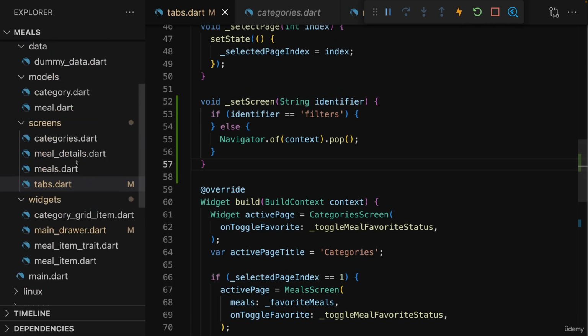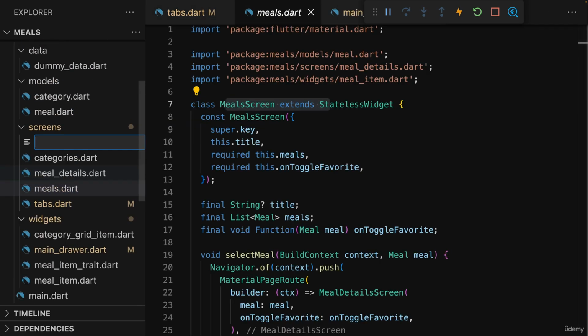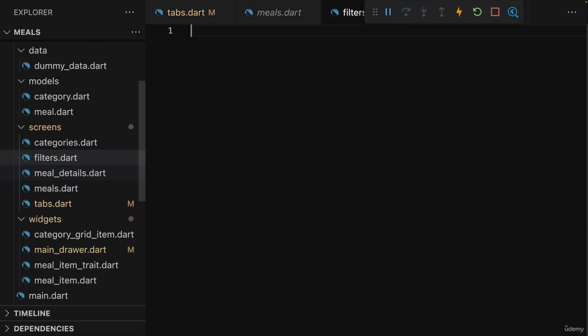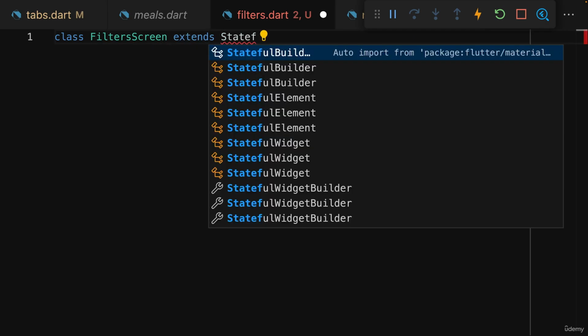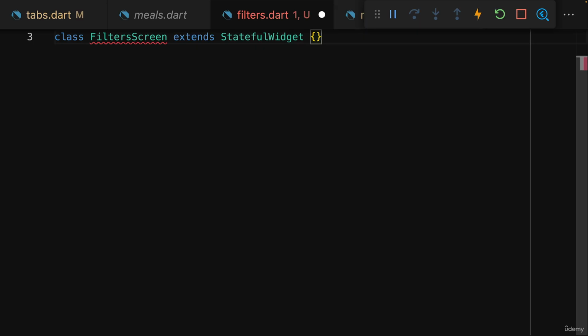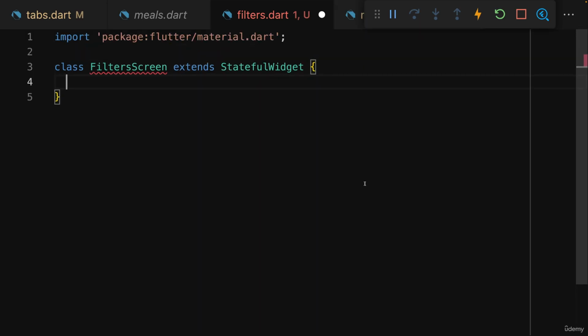Now we need a new screen, the filters screen, and therefore in this screens folder, I'll add filters.dart, which, as you might guess, will hold my filters screen widget. And this actually must be a stateful widget here, because we'll need to manage some internal user input state in this widget, since we will present multiple switches to the user that can be used by the user to set